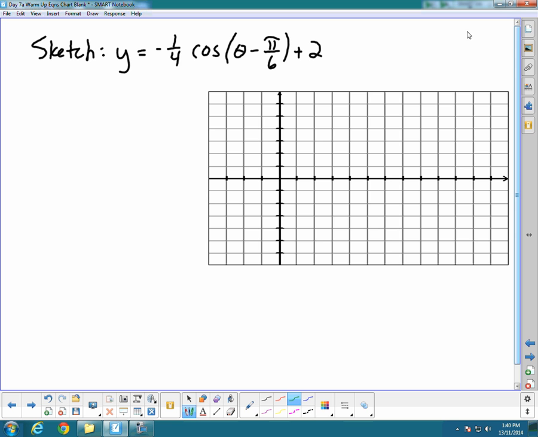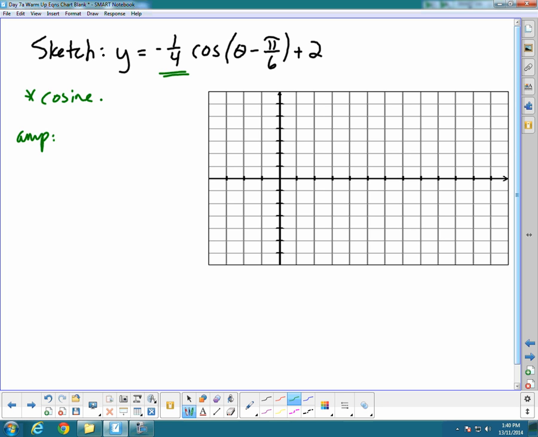The first thing we're going to notice is this cosine function. Okay, so that's important to notice. Don't sketch the sine function with this, sketch the cosine function. Next, we're going to go through and find the amplitude, period, phase shift, and everything else. So the amplitude